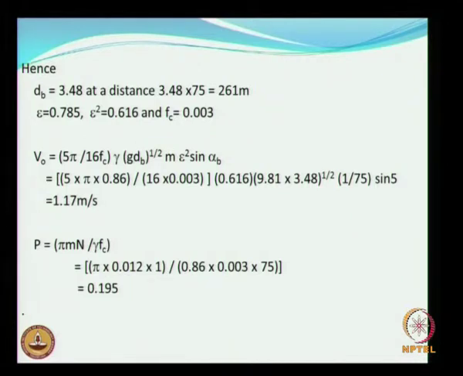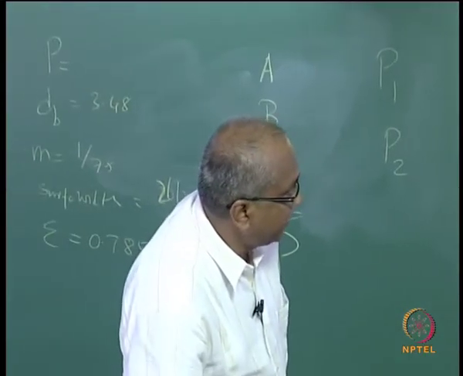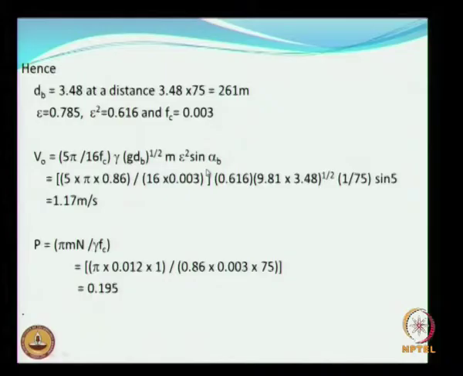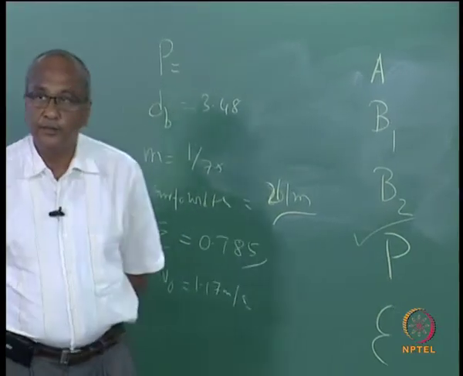So straight away you have to use your maximum velocity. How do you calculate the maximum velocity? This is the equation; we have already done one problem similar to this. The first problem today was based on this. So use all these things, all these variables are already known. So you get V naught equal to 1.17 meter per second.